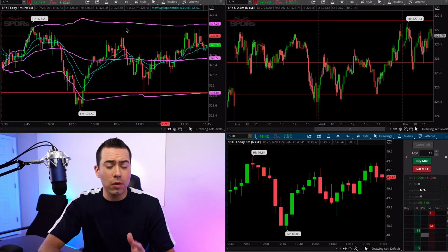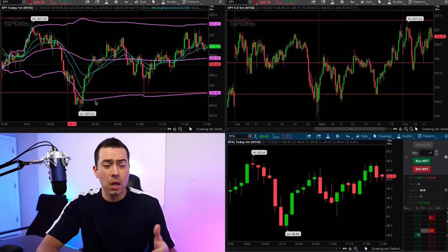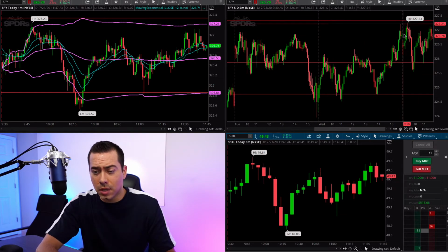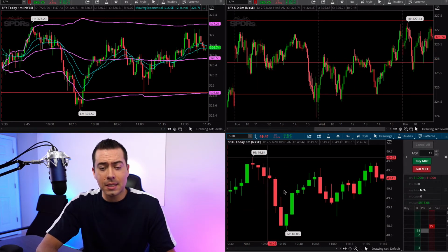All right, so here is the computer. This chart is the 1 minute chart of the SPY S&P 500, a 1 minute, 5 minute chart showing multiple days. So this little dotted line, everything right of that is today. This is yesterday, that's the day before. And then this is the actual